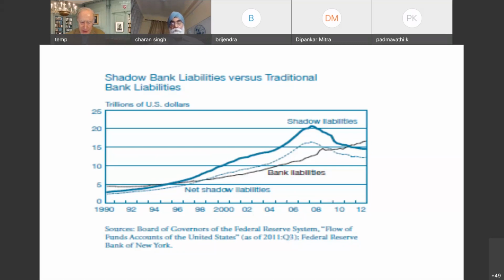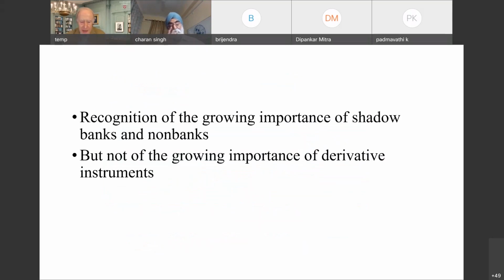analysis of the transmission of monetary policy focusing only on the banking system, I think, is a thing of the past, and that's probably a good thing. The final observation that I'll make is an expression of disappointment. While I'm pleased to see that research in the field is recognizing the growing importance of the shadow banking system, I've been disappointed, in all honesty, that research has not taken account of the growing importance, as I see it,